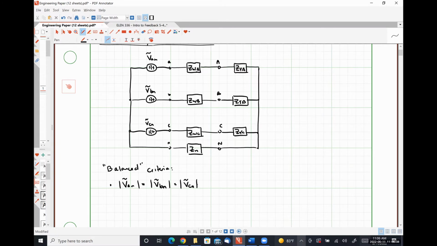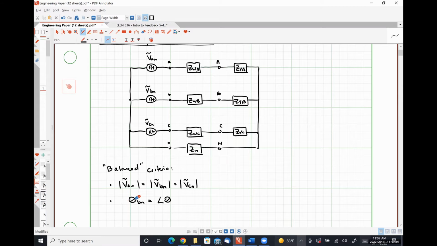We also need to have the phase separation between the phase voltages at 120 degrees. Since we're dealing specifically with a positive phase sequence system, because that's all we're going to deal with in this class, that means that theta BN has to equal,